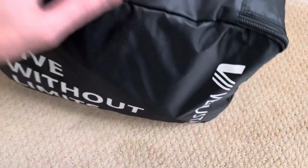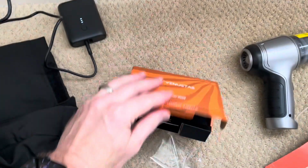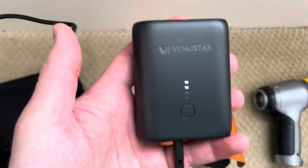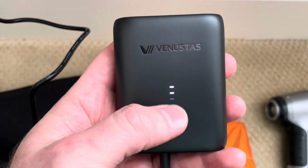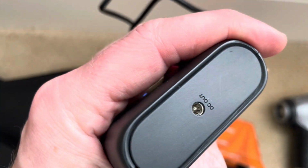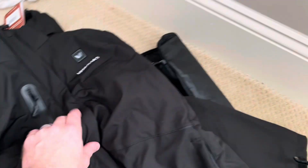So the jacket actually comes in this cool little bag here. It says live without limits. You can just unzip it here. It has the battery pack in a separate box. This is the battery pack here. It's charging. It shows the little status bar there with the dots. This is the plug-in here at the top where you'll actually plug it into the jacket, and that's the power